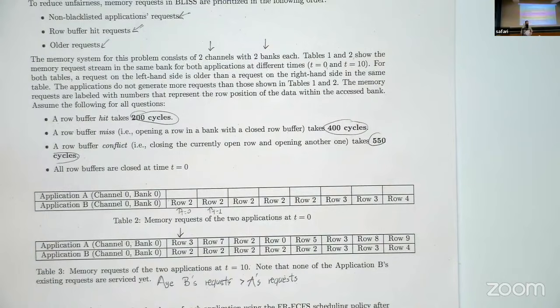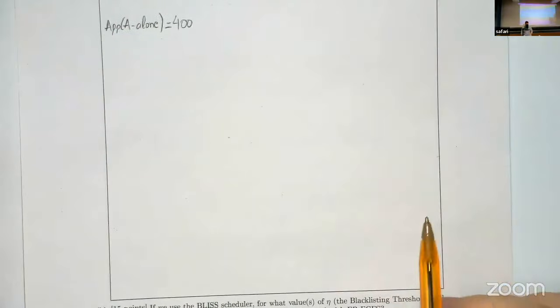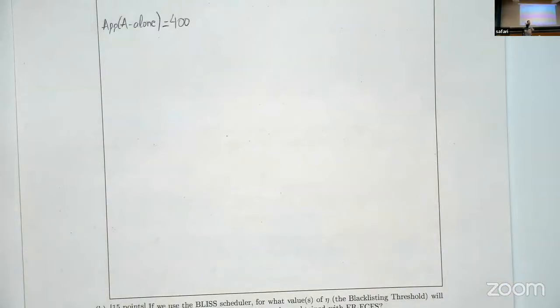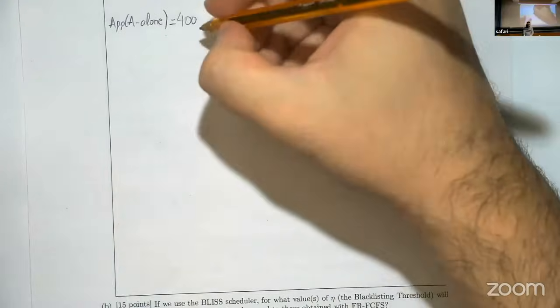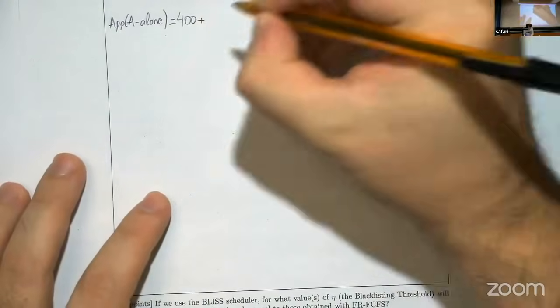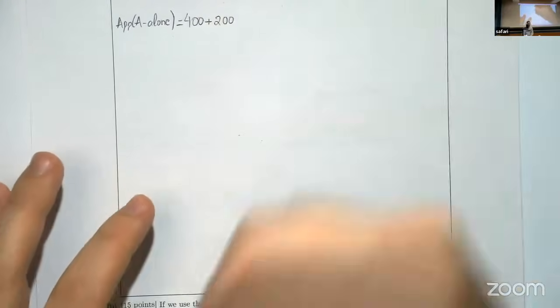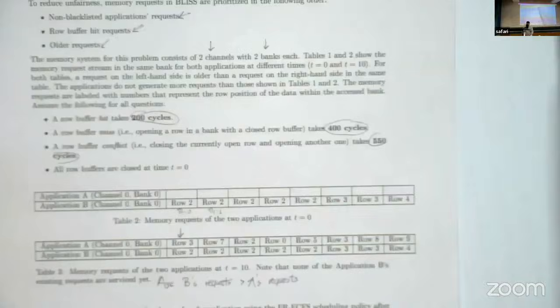Correct. Because, as I said, it's first ready, first come, first served, right? That's why it's tricky when you do the alone calculation, because you need to imagine that I have a queue, have the visibility of the full state. And then I select the order at which I serve the requests, not the best, but the first ready, first come, first served order, which means that, as you said, it's 200 cycles. It's a hit for row 3. And then